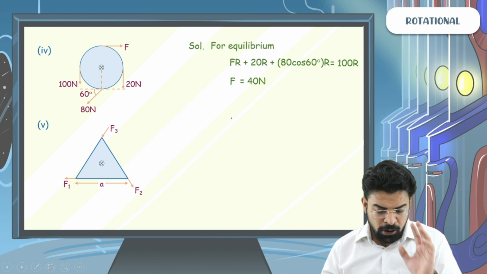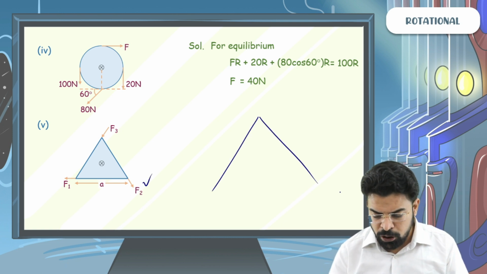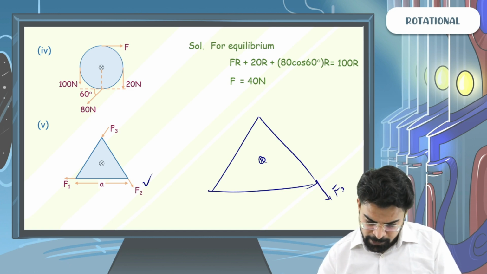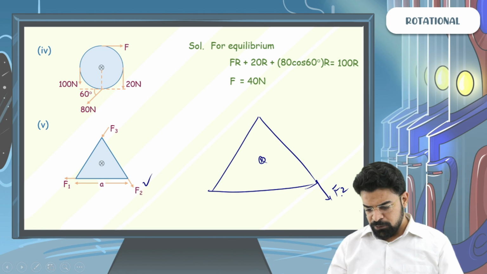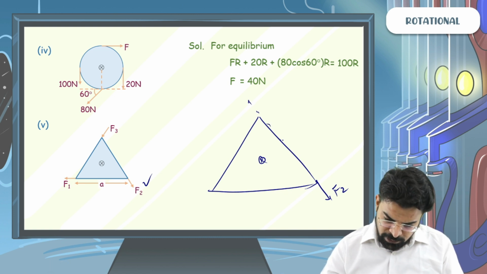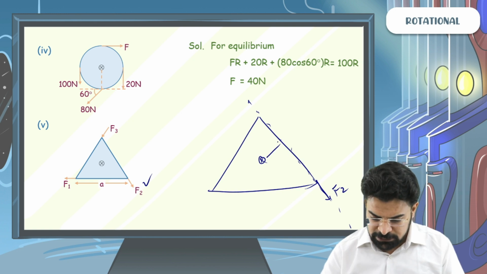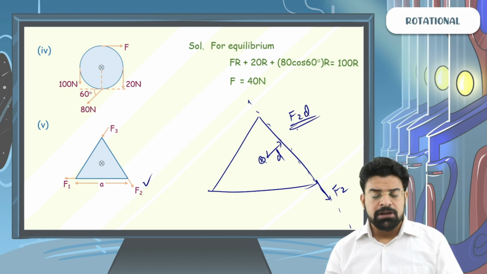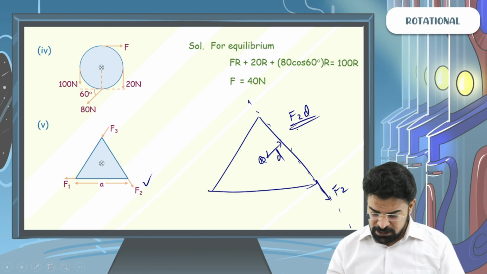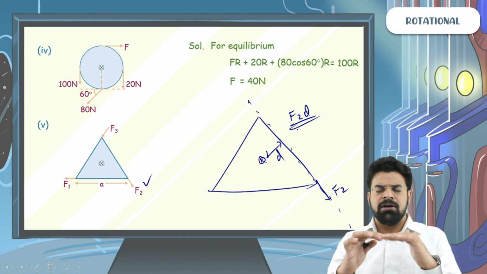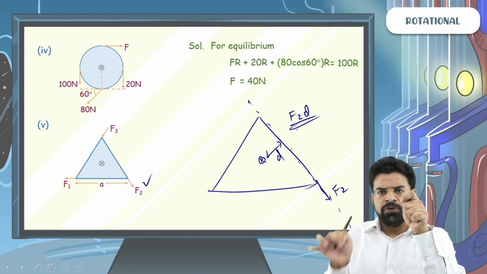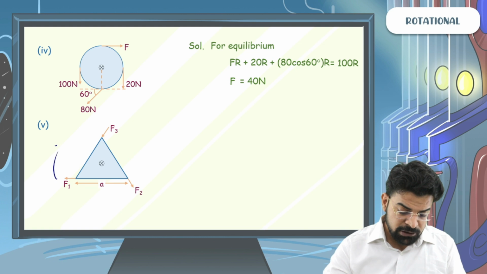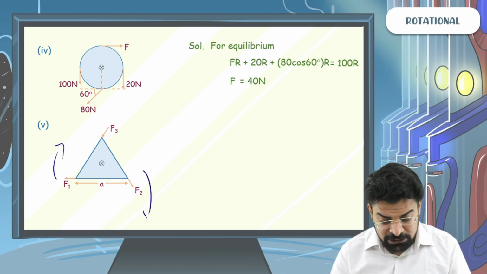Now let's talk about the torque of F2. So now only focus on F2, forget F1 and F3. F2 acts this way. So how to write the torque of F2 about the hinge? Sir, extend the line of action of force, and then find the perpendicular distance, let's say d. So the torque will be equal to F2d. Will this torque be clockwise or anti-clockwise? Sir, if I just visualize the triangle, the centroid and the force, this force is trying to turn it clockwise. So bachon, F1 is trying to turn it clockwise as well as F2 is trying to turn it clockwise.